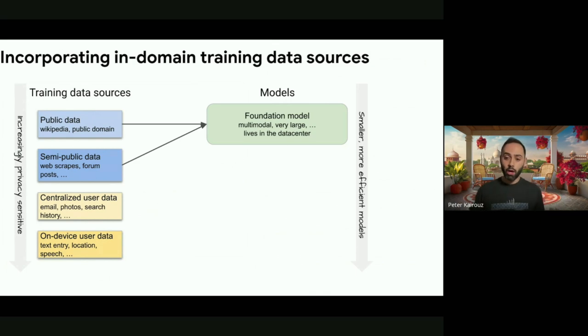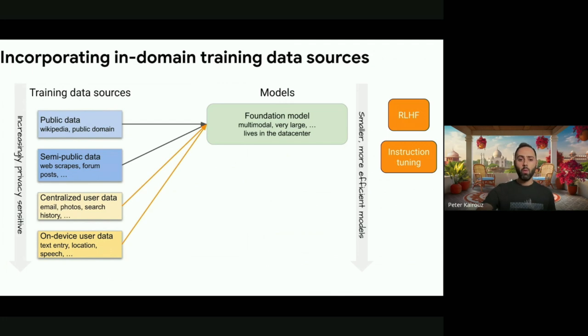So for models, we have a similar hierarchy. We want to be able to train foundation models that are very large, multimodal, and multilingual. But these models are so large that they can only be trained and served in the data center. And that's why they're mostly trained on the primary two sources at the top of the hierarchy. But we've been interacting with these models for years now. Think ChatGPT and Gemini and Claude and all these models. We give them feedback. We give them thumbs up or down. We correct them when they make mistakes, and so on and so forth. And that's why, using things like instruction tuning and RLHF, we are able to improve these models on user prompts and user feedback. And so we already are incorporating in-domain user data into them, and we need to do it